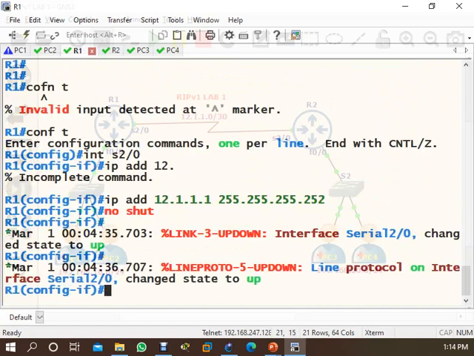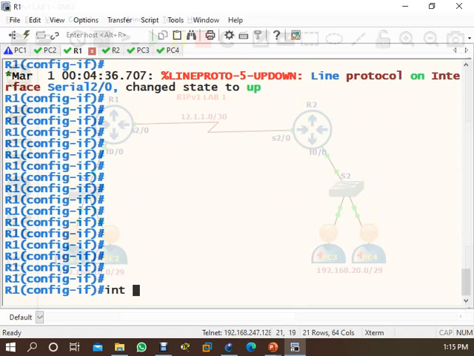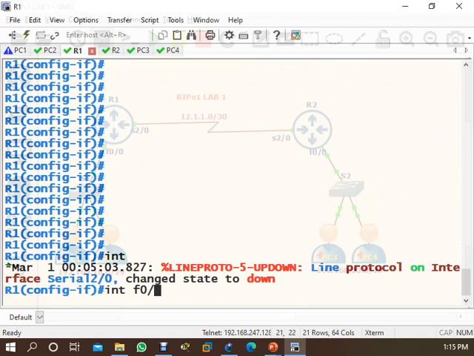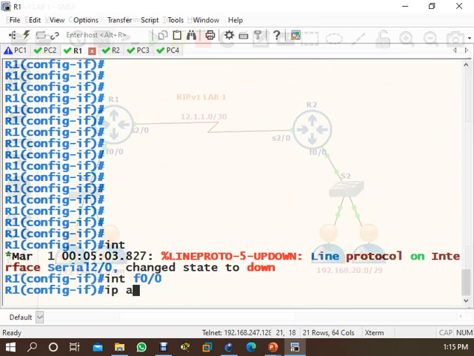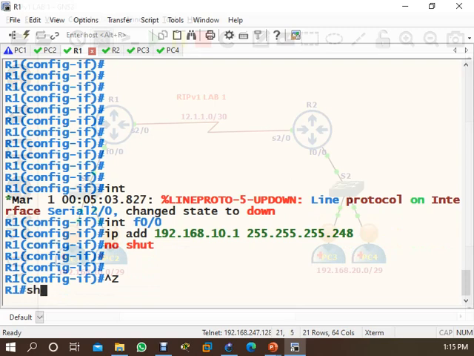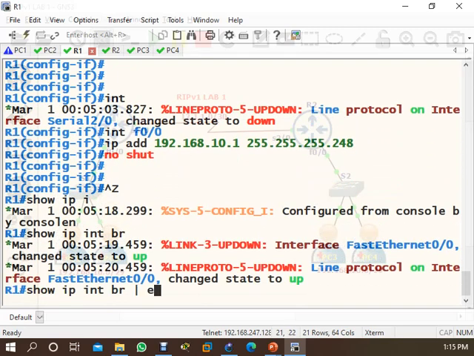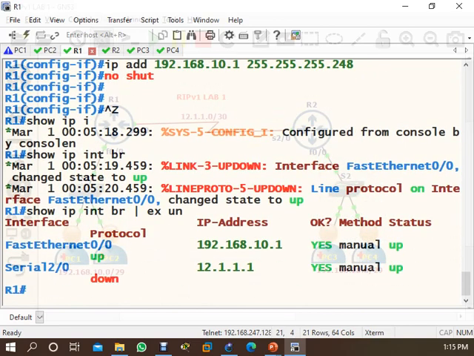Sorry, I only configured one interface. So come here, interface F0/0, IP address is 192.168.10.1, mask 248, no shut. Show IP interface brief, exclude unassigned, both IPs are configured.